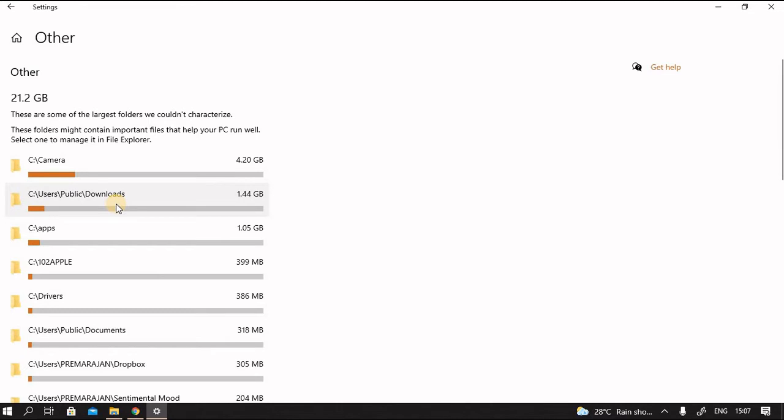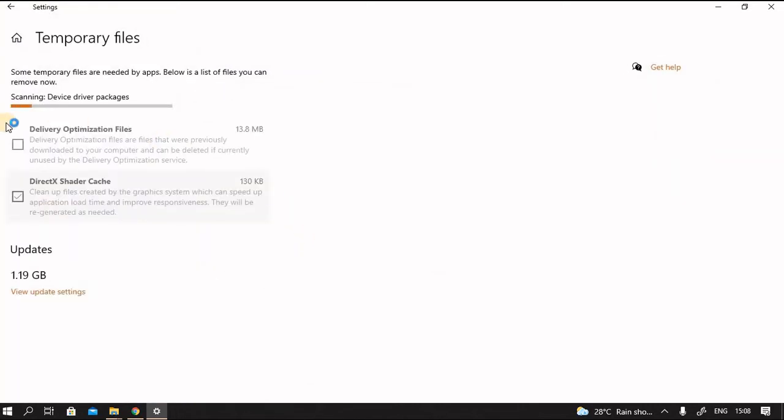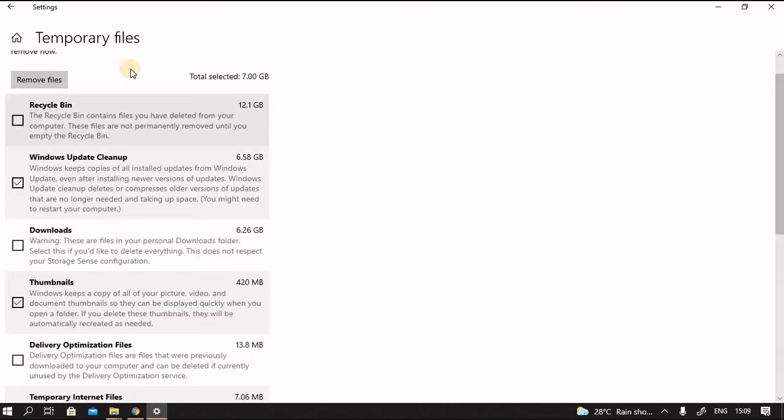Now we find that the temporary files use up 20 GB space. We will see whether there is any file which is not now required and delete it. You can see there are some delivery optimization files and the DirectX shader cache. Now here you can see 12.1 GB